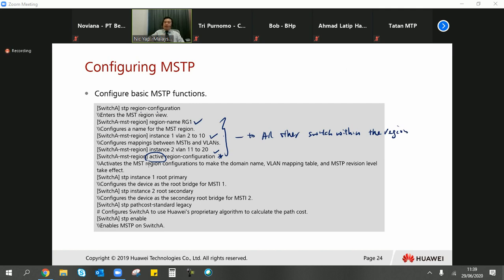Okay. And let's say you want to specify who becomes the root bridge under this instance. You have to define this. STP instance 1, root primary. STP instance 2, root secondary. So it means that you go to switch B to say that I'm STP instance 2, root primary. For this root primary or root secondary, it's up to how you define. You can set it at any time that you want to. You can set it as primary, you can set it as secondary, or you can set at